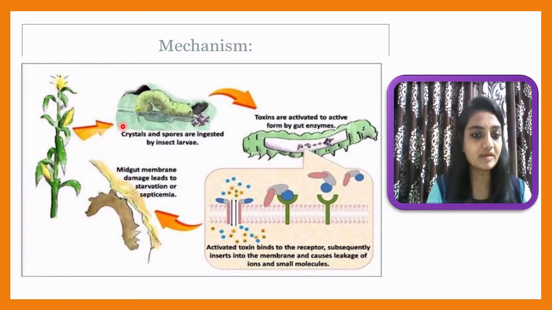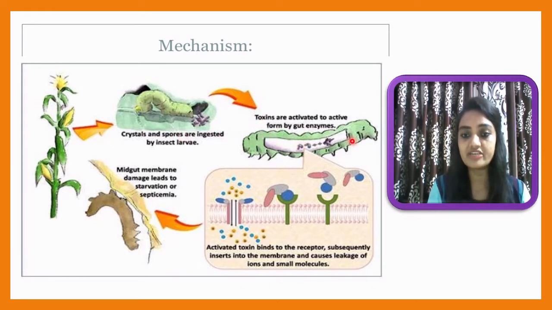So what happened? The parts of a plant, a leaf or anything, will be eaten by this bollworm. As it is eaten, crystals and spores are ingested by the insect larva. Any part of the plant will be ingested by the larva, and then toxins are activated to active form by gut enzymes. It means as it comes inside the gut or digestive tract, there is an alkaline pH inside the caterpillar gut, and as a result the toxin, which was inactive,